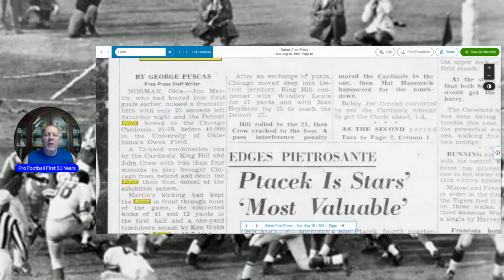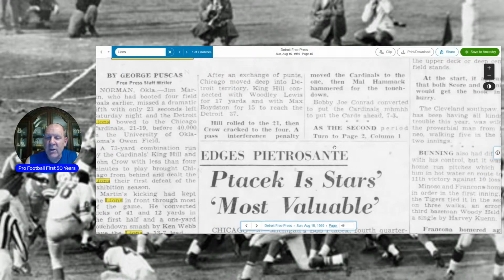After an exchange of punts, Chicago moved deep into Detroit territory. King Hill connected with Woodley Lewis for 17 yards and with Max Boydston for 15 to reach the Detroit 37. Hill rolled to the 21, then Crow cracked to the 4. A pass interference penalty moved the Cardinals to the 1. Then Mal Hammock hammered for the touchdown. Bobby Joe Conrad converted to put the Cardinals